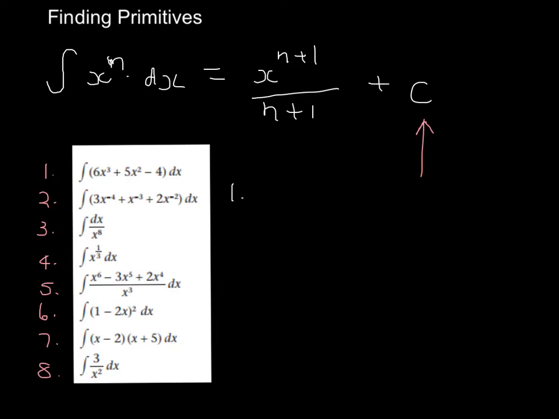So, primitive is 6x, add 1 to the number is 4, and divide by that number. We'll simplify it in a minute. Plus 5x, add 1 to the number, divide by it,